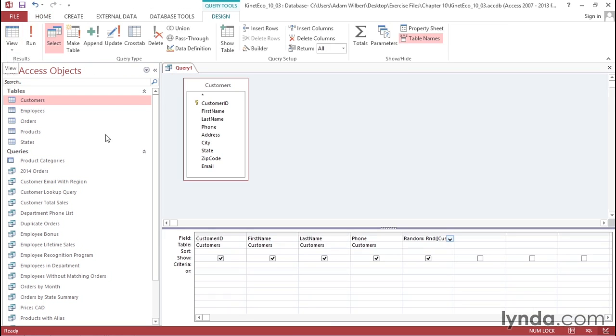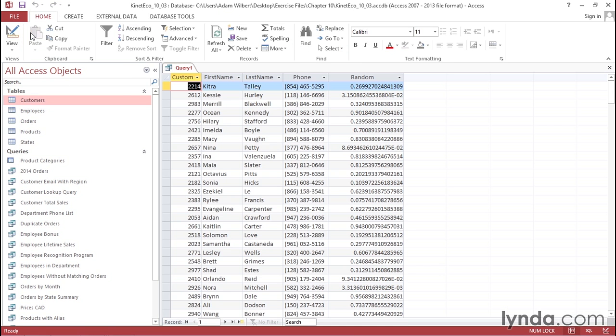Now what we can do for our query is go over to the sort row and change that we want to sort based off of this random number, either ascending or descending. It doesn't really matter. And then finally, we're going to come up to this return box up here to the top. Instead of returning all records, I only want to return 50 records. When I press Run, Access will randomly generate a number here and then return the 50 customers that those random